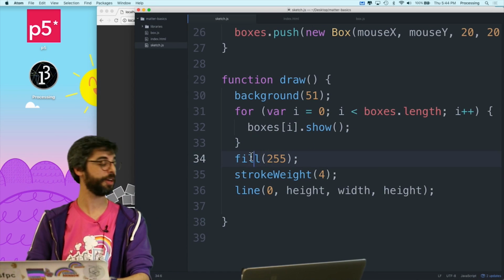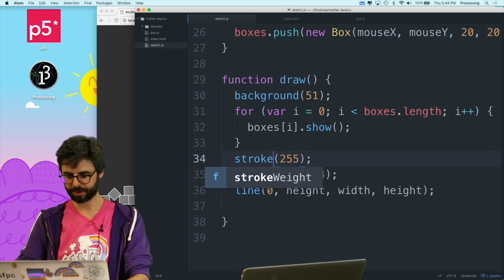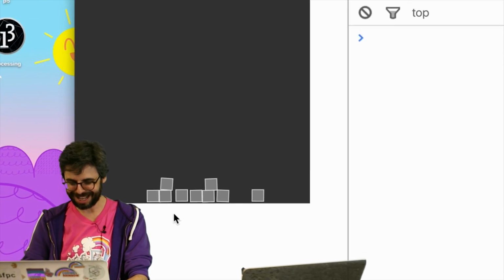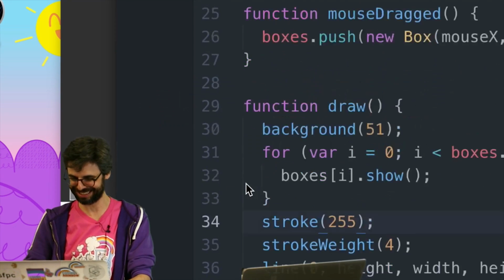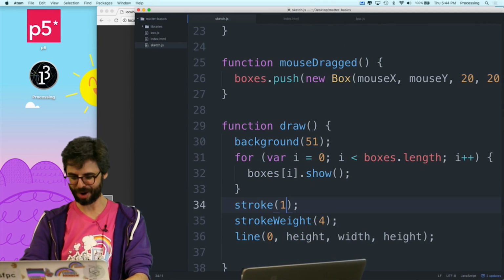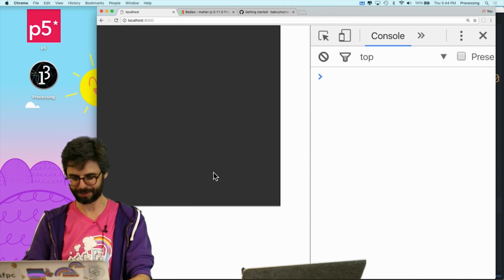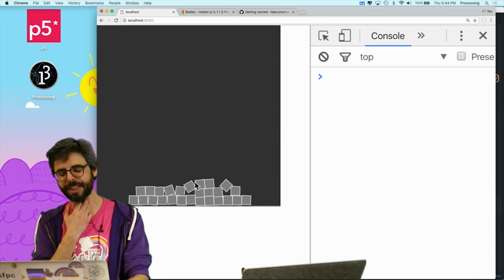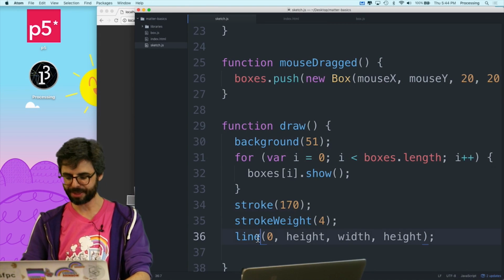So I put fill here by accident instead of stroke. So let me put that in. No, because it's white, you can't actually see it. So let me make that, like, 170 or something. This is silly, what I'm doing now. You can kind of see it there. But actually, you know what? I'm being so silly here. This should really be,